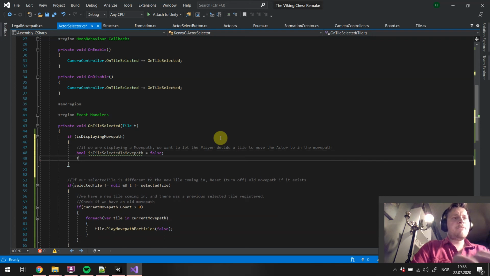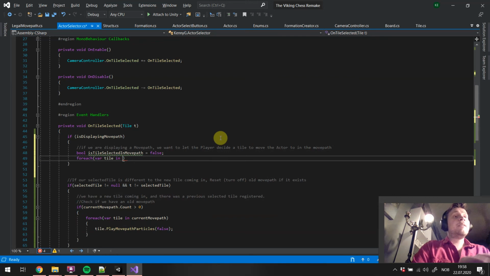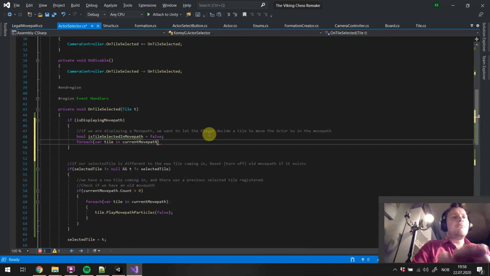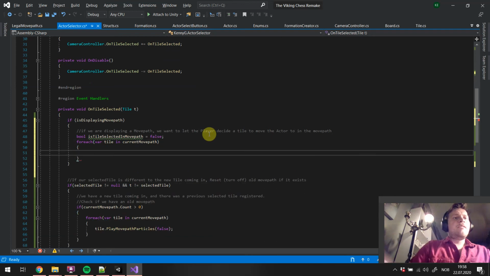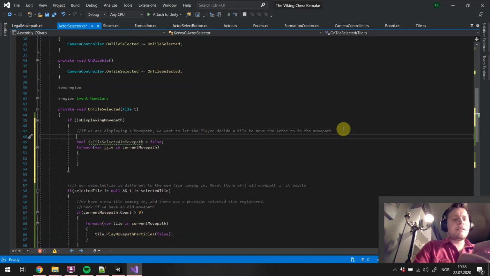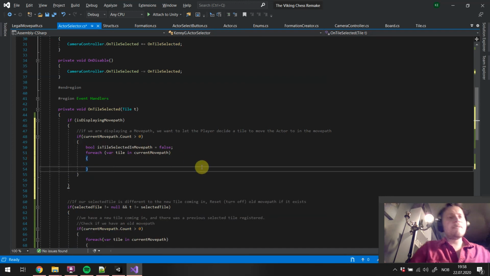Then we're gonna do a for each var tile in current move path. By the way, we should only do these things if current move path dot count is greater than 0. So slap these guys into that if statement, and then